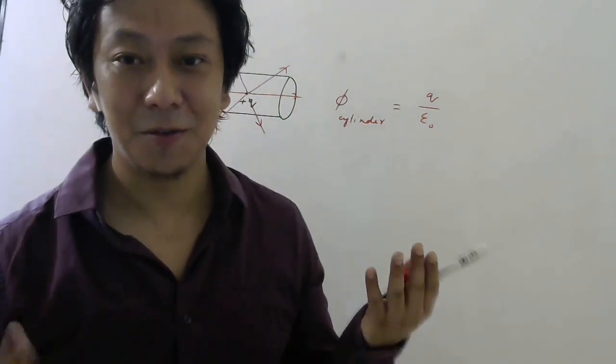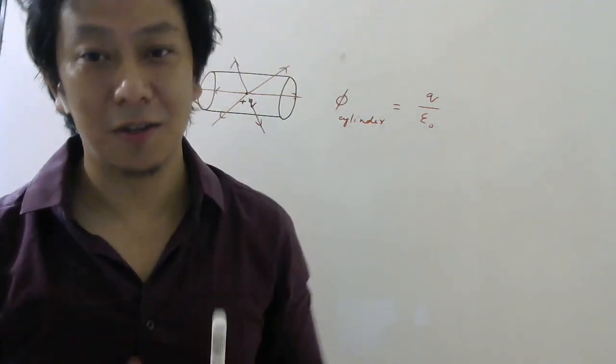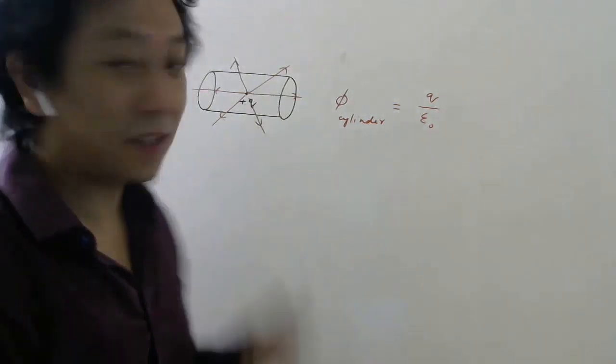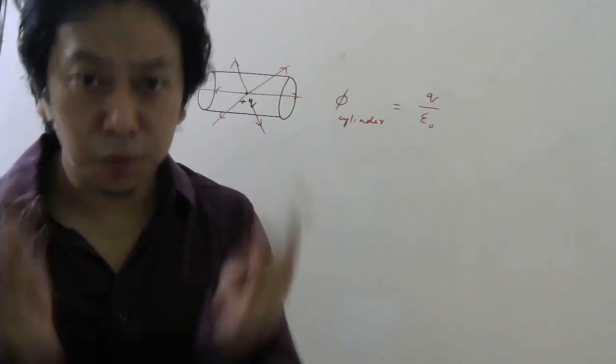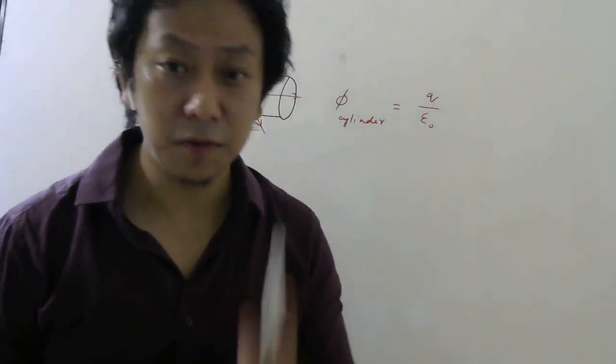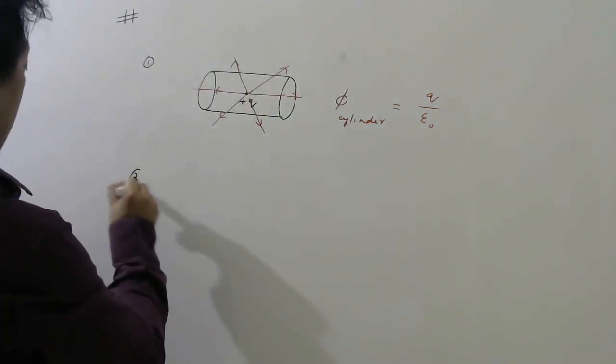Right? Very simple. No need to do integration and all. If you know the charge inside the Gaussian surface, which is the cylinder in this case, then to find flux through any closed surface, you can always make use of Gauss law. Okay. Now number 2. Suppose